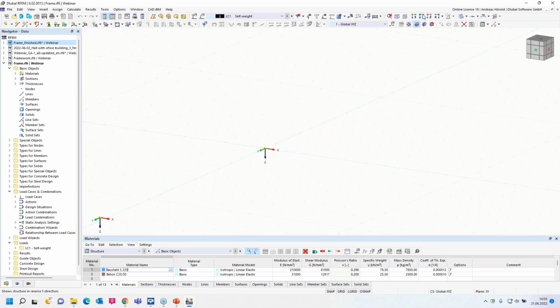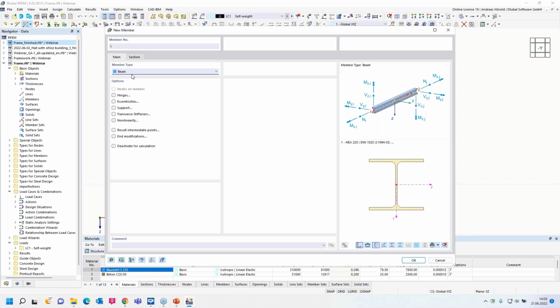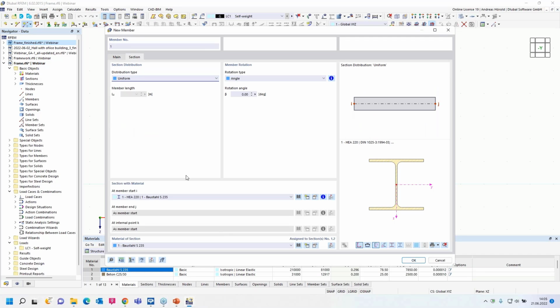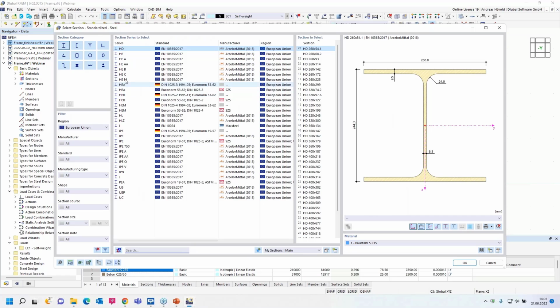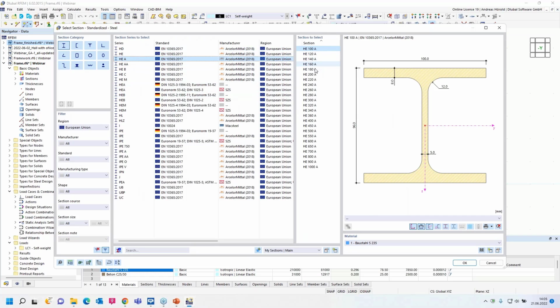Here right above, I change the view in reverse Y direction and change the plane to XZ. So I zoom a little bit in and start with the first member here left above with a beam section. I use a section from the database, I-beam standardized, HEA 200